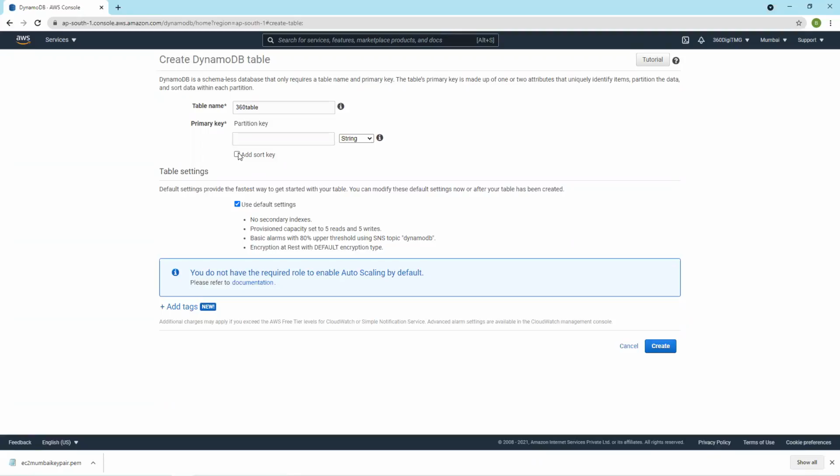So in RDS, you will create rows, columns, and say if I want to create employee database, I'll add employee ID, their name, their address, their job role, their salary, etc. Suppose there are 10 columns, then in MySQL database, I will be able to send data in these 10 columns.